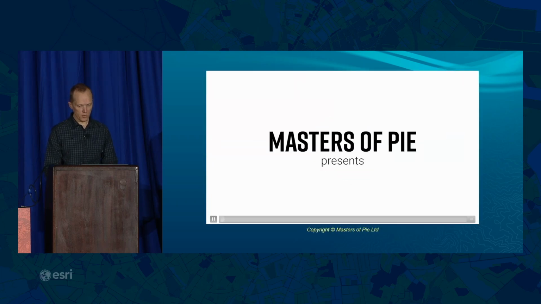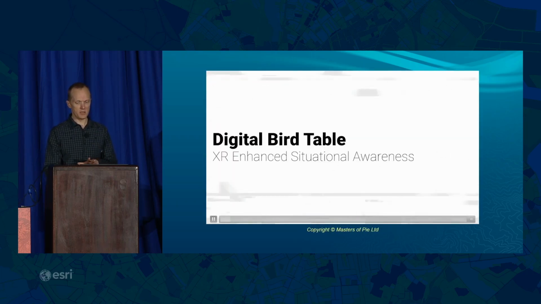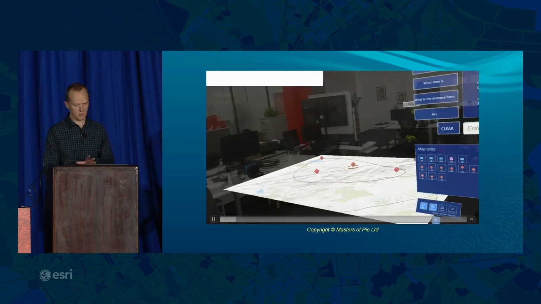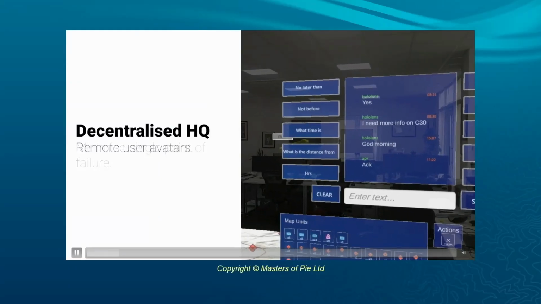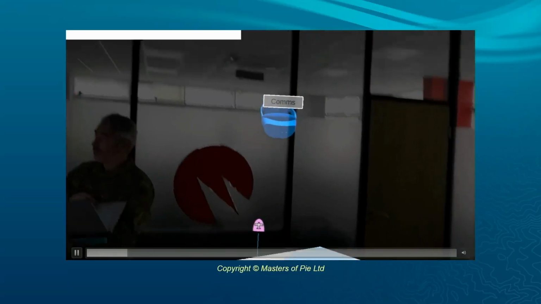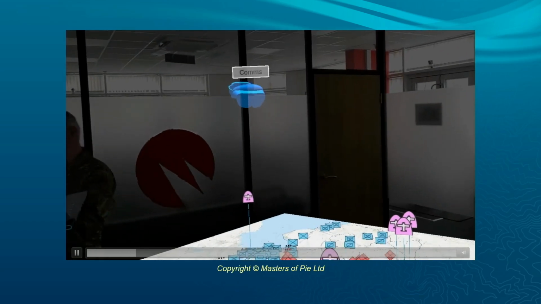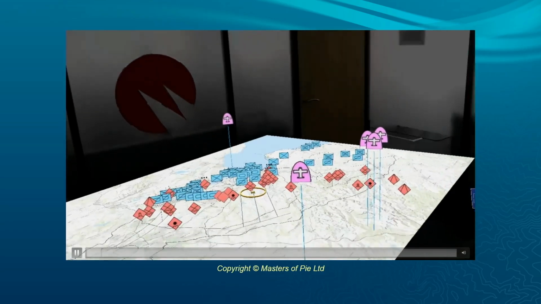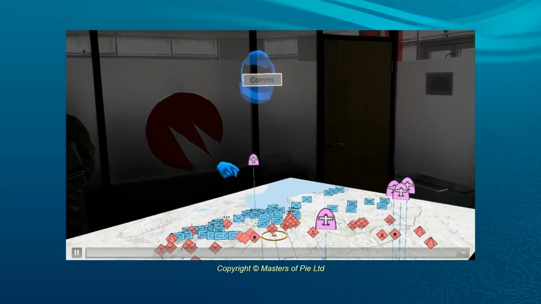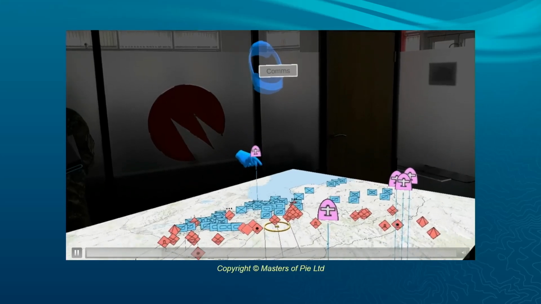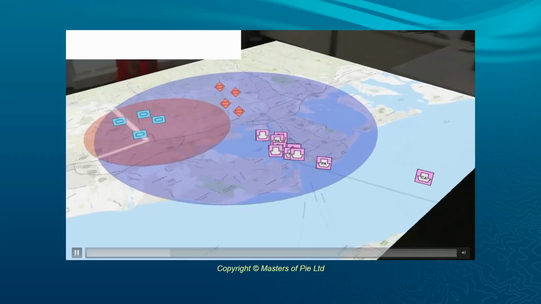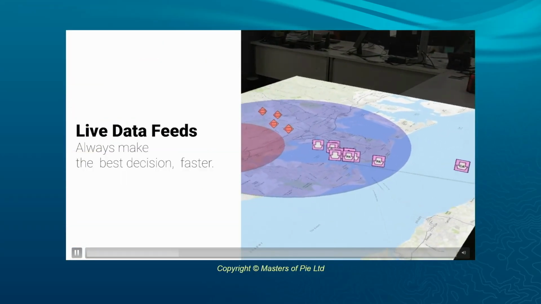The next example is from a software company based in the UK called Masters of Pi. They specialize in extended reality or XR collaboration solutions for defense and enterprise. This demo showcases what they call their digital bird table. So it's essentially a mixed reality tactical sandbox where users participate around a virtual tabletop and they enjoy a feast